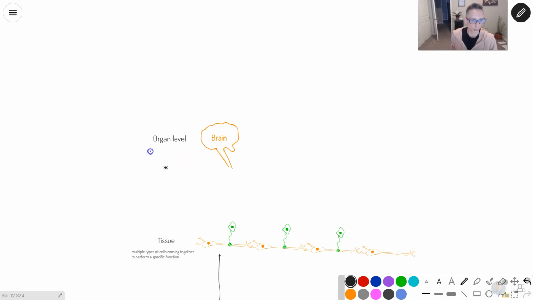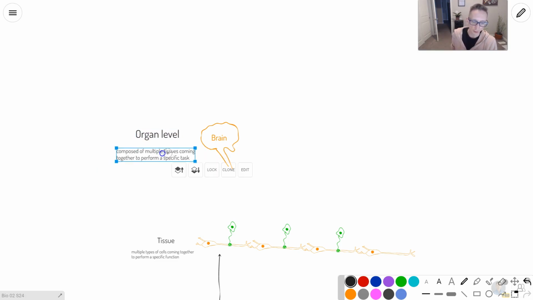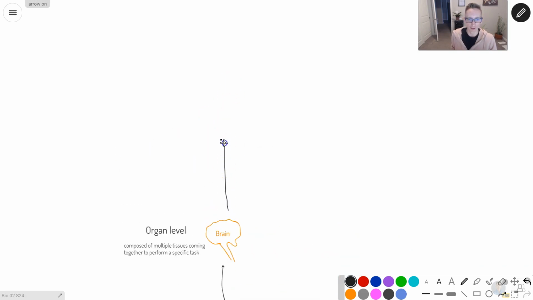So an organ is composed of multiple tissues coming together to perform a specific task or a specific function. So you got all different parts of your brain, different things that provide barriers or nourishment or protection. All different kinds of tissues come together to form the brain. They all perform their own little set specific function. Then after the organ level, we have, maybe not too crazy to think about, the organ